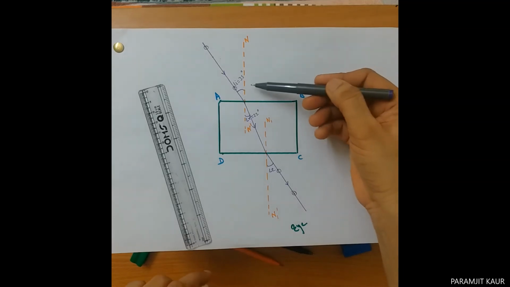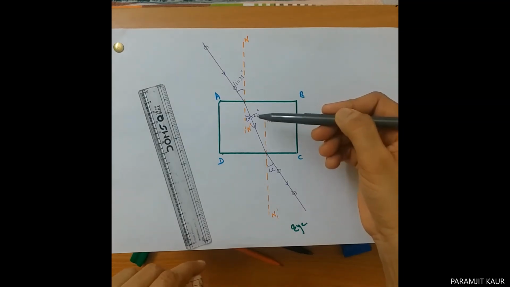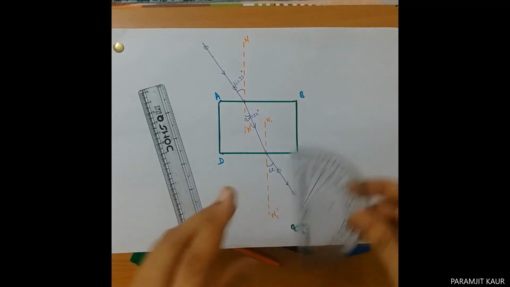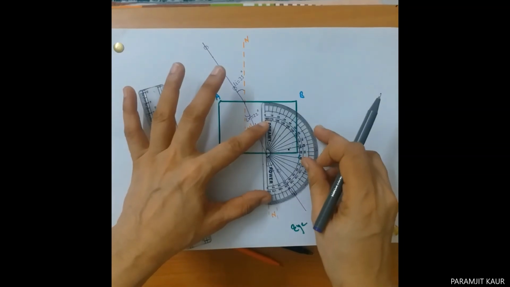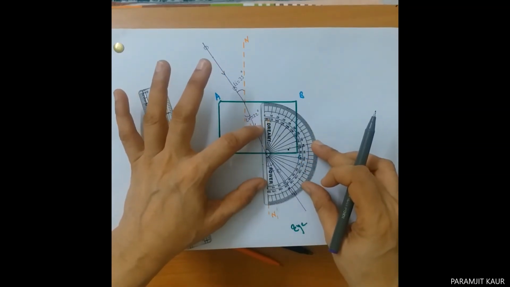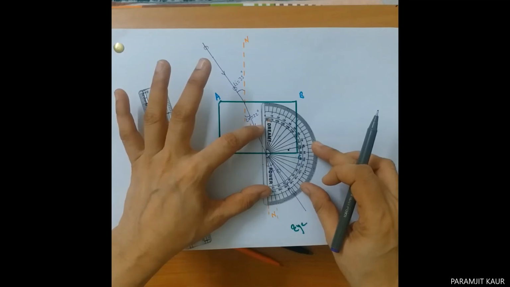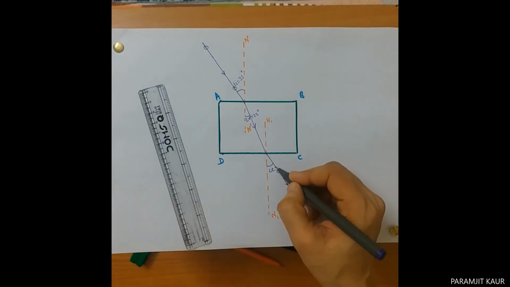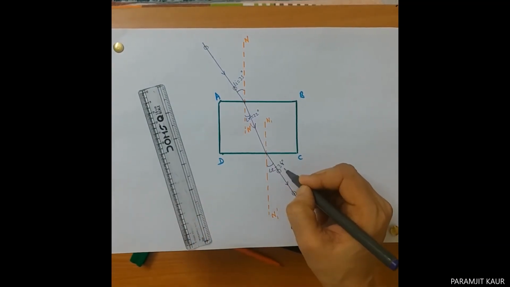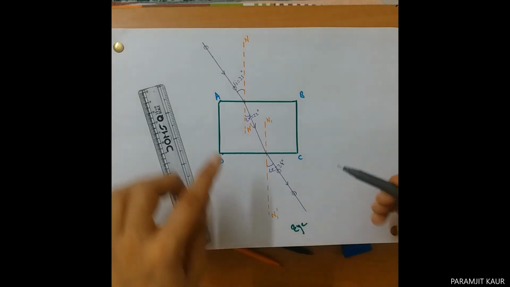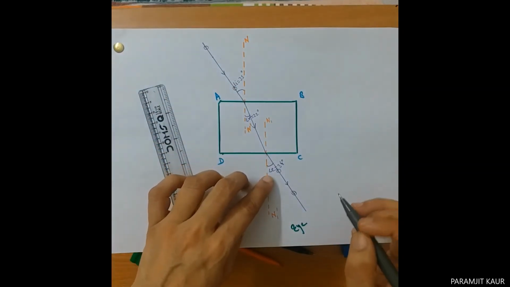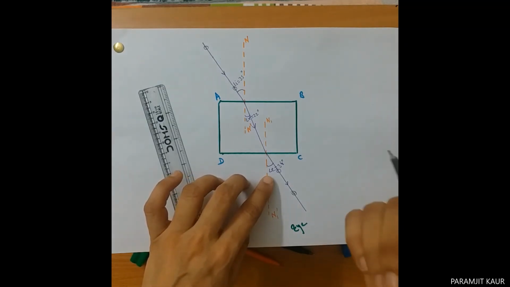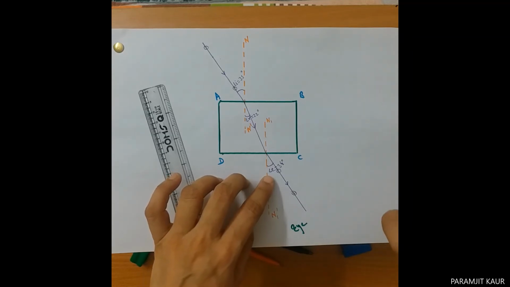As you know, the ray is going from rarer to denser medium, all right? So the angle of refraction will be less than the angle of incidence. Similarly, when I measure the angle of emergence, I'll place the protractor again on the normal. I get my angle of emergence to be 34 degrees, all right? Whereas theoretically, angle of incidence and angle of emergence should be exactly equal. But when we perform the experiment, there can be error, and an error of 1 or 2 degrees is acceptable, all right?